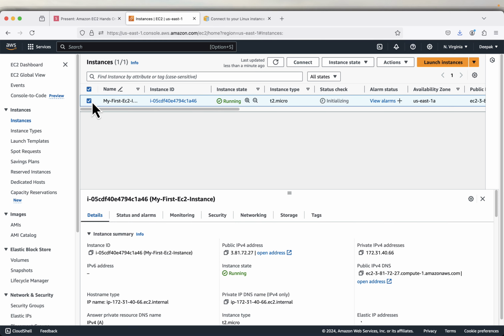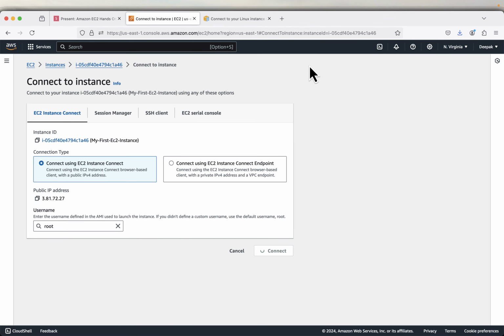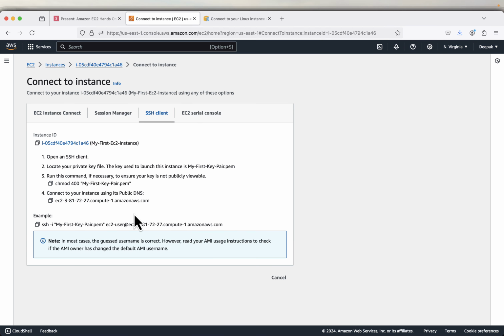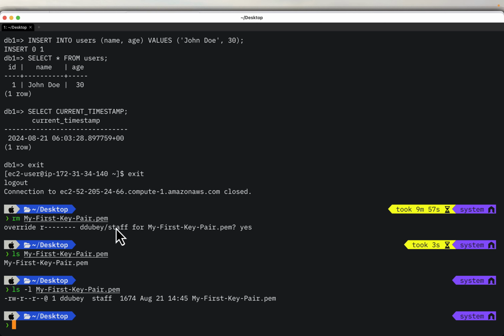So you can select the EC2 instance and click connect. When you click connect, go to the third tab, SSH client, and copy and paste the whole how-to-connect command. Because I am in the same folder, I can just use my first key pair.pem file. Otherwise you can give the whole path. So if I paste it as it is,